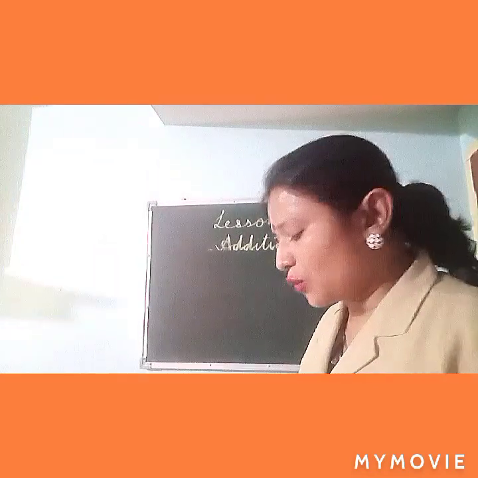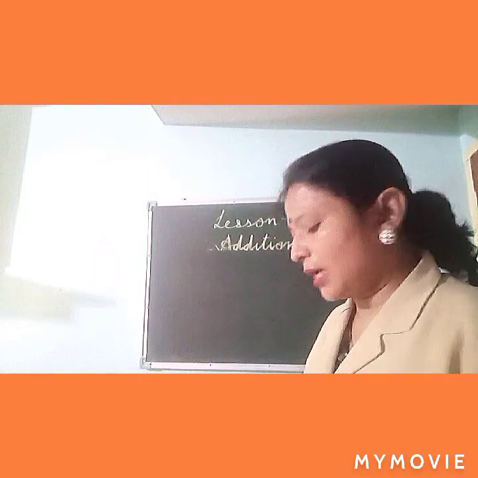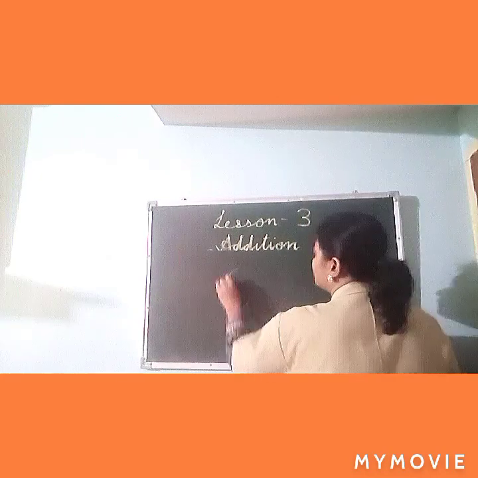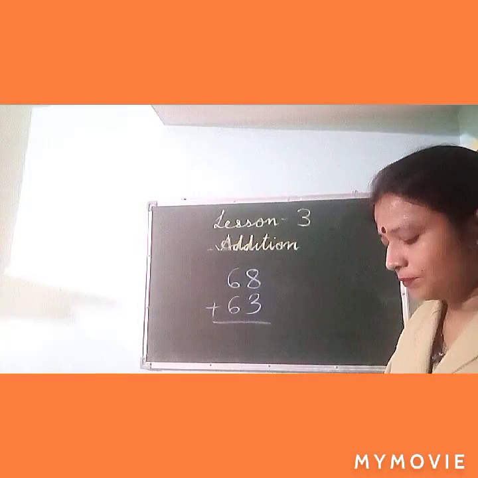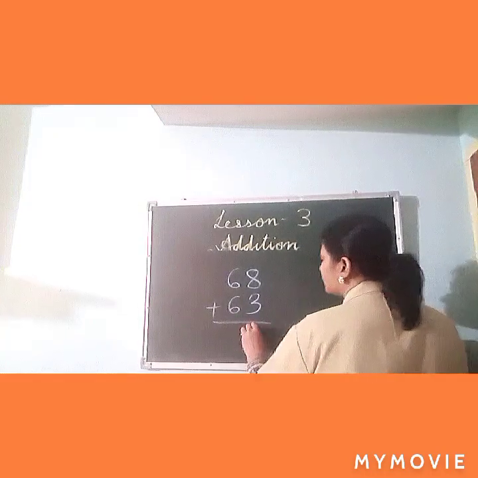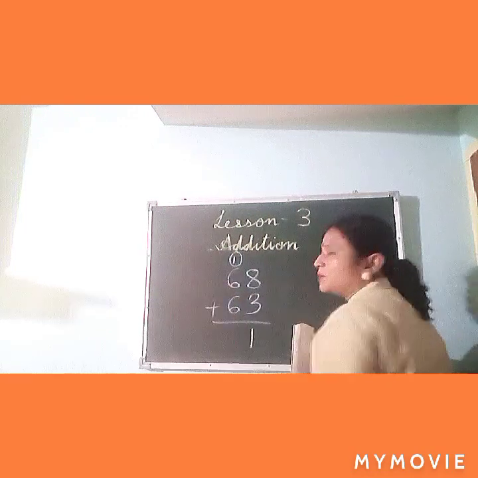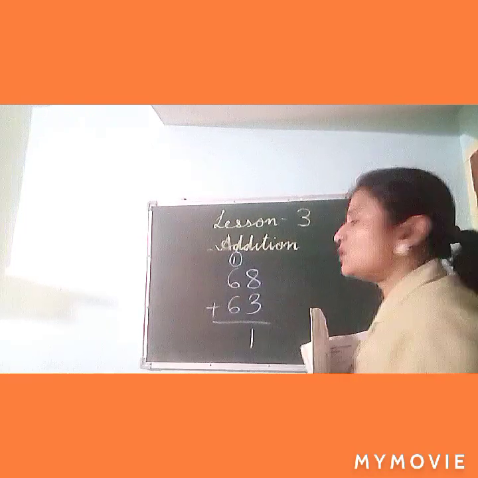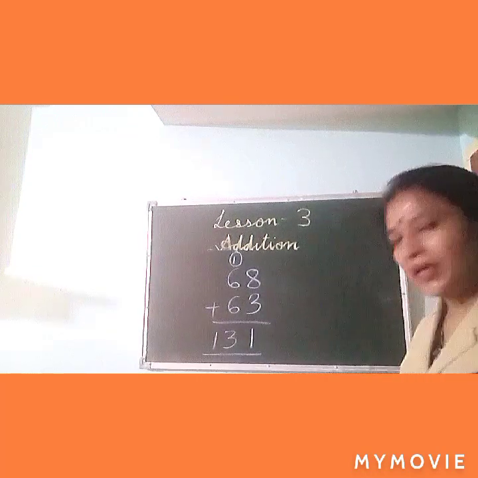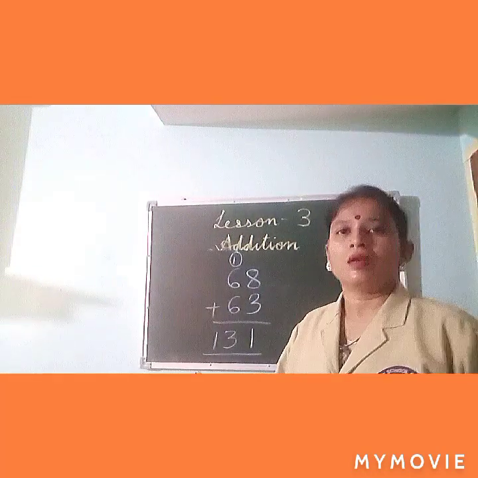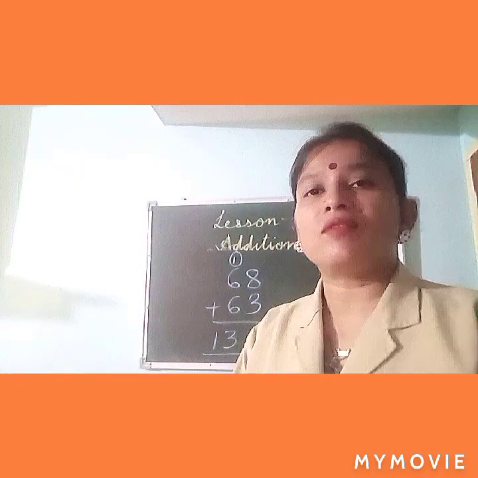Now the last question. 68 plus 63. 8 plus 3 is 11. 6 plus 6 is 12. 12 plus 1 is 13. So the answer is 131. In this way, we have completed the sums which are given in page number